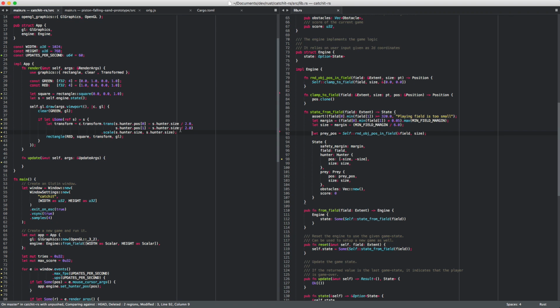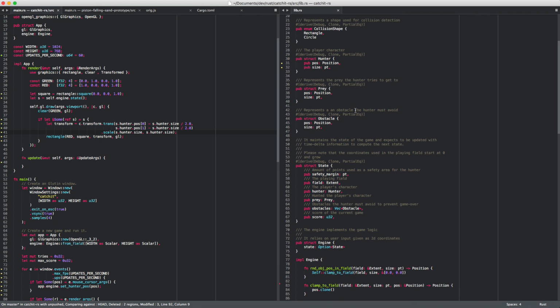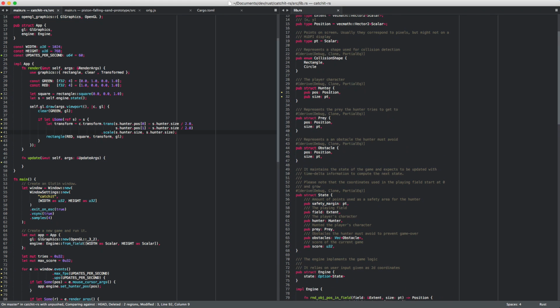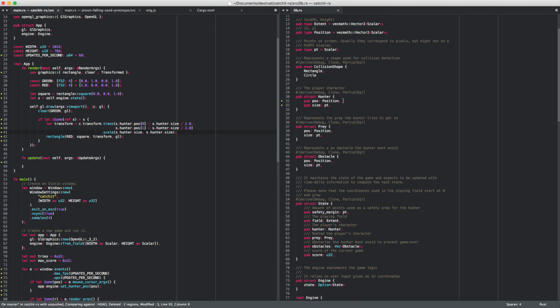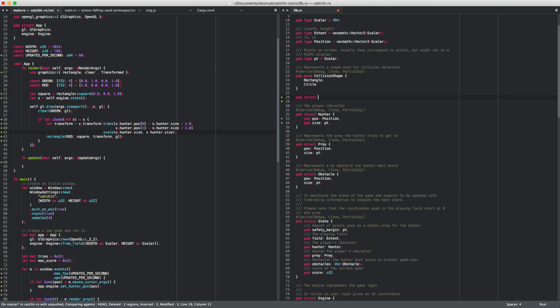And I guess I also would like to have a function that draws one of our game items somehow. So they all look very much the same, huh? You have a position, you have a size, and then there might be additional things. So now it would be the time to say, well, we would like to have a common type for this so that we can have one function that does it. We could use traits and generics for this. But then, considering this is all the same, I would rather have it all in the same data structure as well. So pub struct